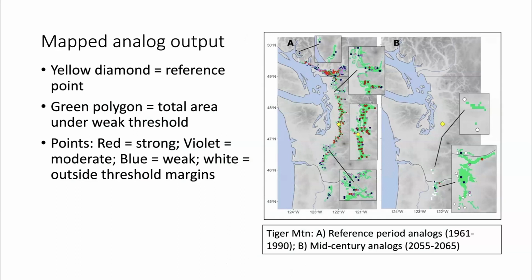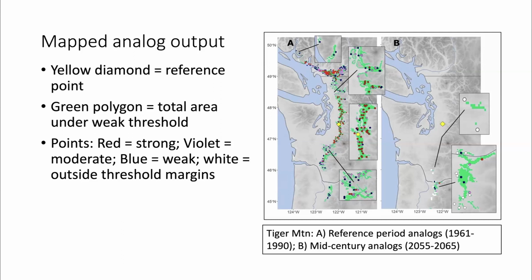So this is an example of this new climate analog output, in the Puget Sound area of Washington. The yellow diamond shows the reference point or the focal point that we're looking at, and the green polygon shows you the total area under the weak threshold. And then the points are actual plot data, where red equals a strong threshold, violet equals kind of a moderate, and blue the weak. And then we also added some white points that are outside the threshold, but kind of